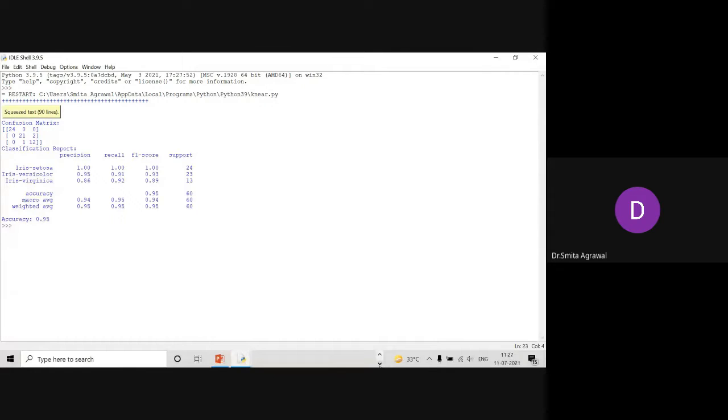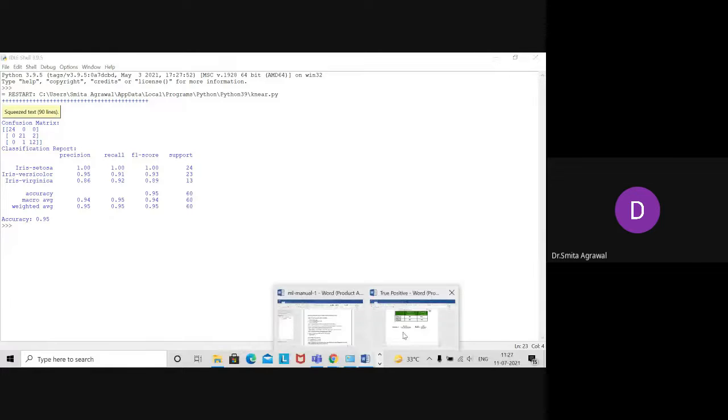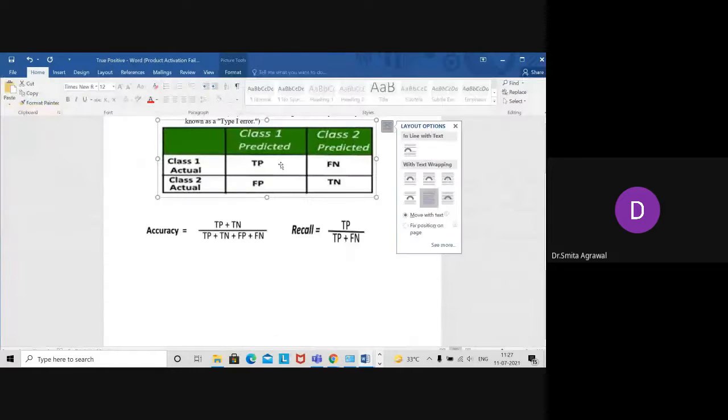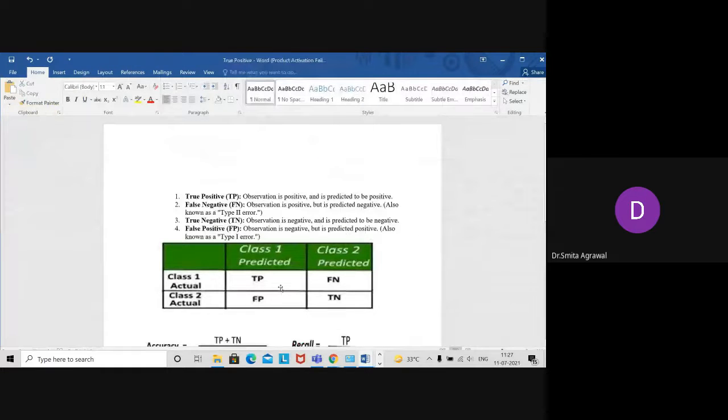Recall is computed by using true positive upon true positive plus FN. And what do we mean by true positive? True positive is when the observation is positive and the predicted is also positive, that is, in both cases the result is positive. False negative means the observation is positive but is predicted negative.